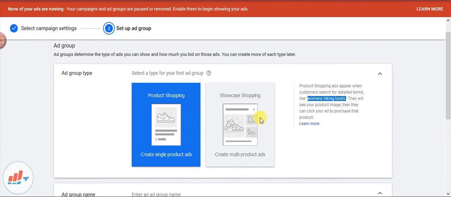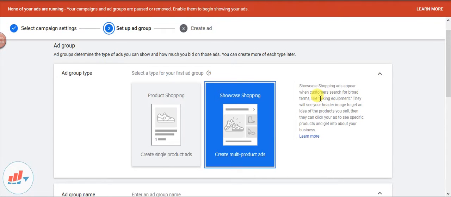But if anybody is searching only for hiking equipment, it's a broad term, and the person has not made any selection, like whether it's for men or women or any other category or filter. In that case, you can show this showcase ad, where along with the men, women, and all other categories, a different collection of products will be showcased, which makes the decision making quite easier for the person who is going to buy.